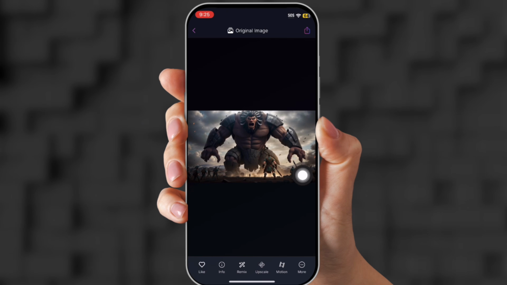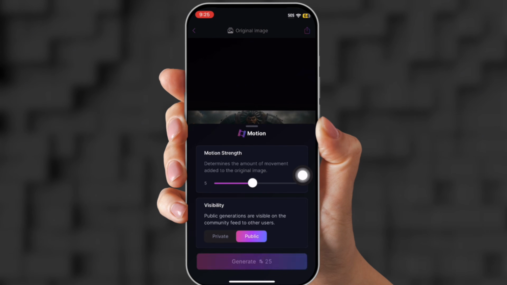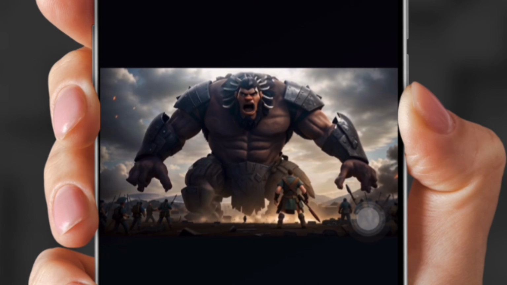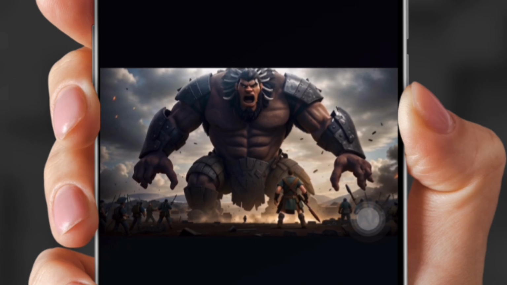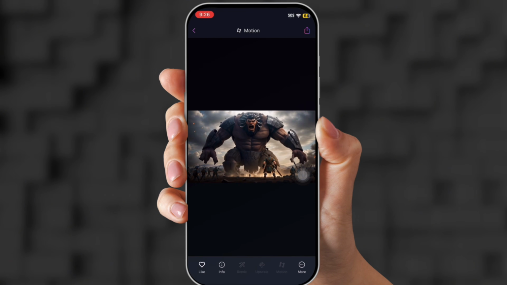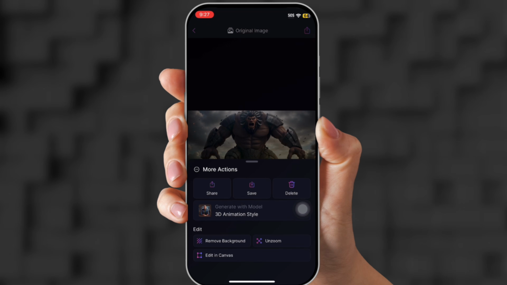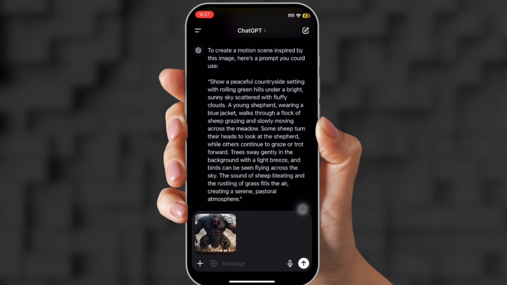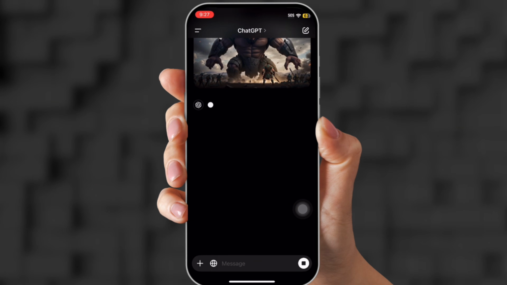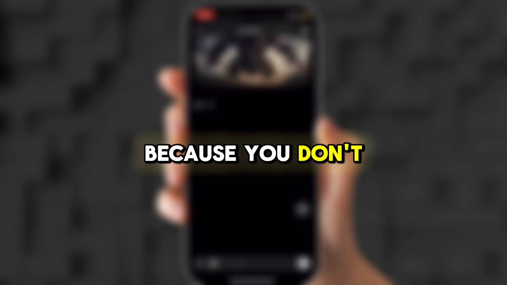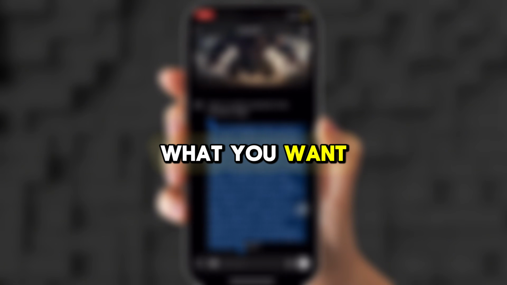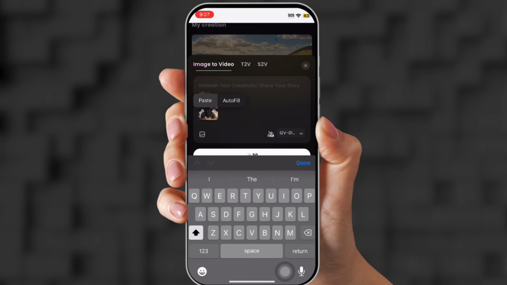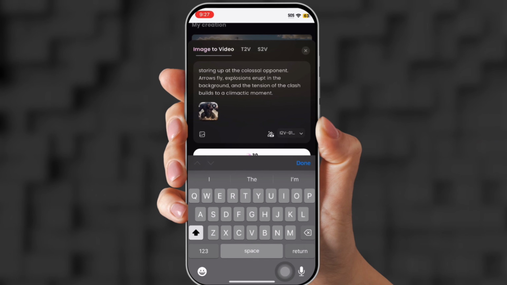Now I'm going to show you how to use motion again. So you just click generate. And this is what it looks like. Now, see, it doesn't look that great, but remember, we have a free way of doing this. So we're going to take the image, save it, and we're going to come over to Hailuo, paste the image, send the photo to ChatGPT in the same chat because you don't have to write nothing. It already knows what you want. Copy the prompt, take it back over to Hailuo, paste it in, and then you're going to generate.